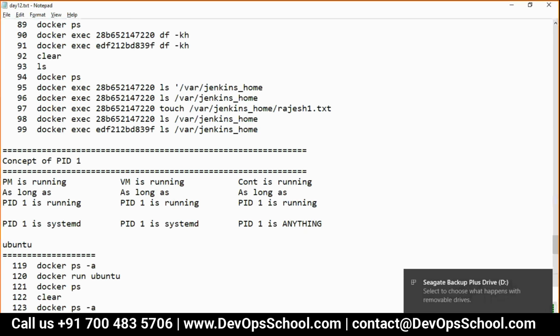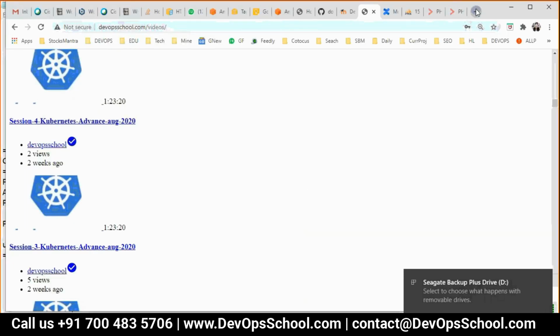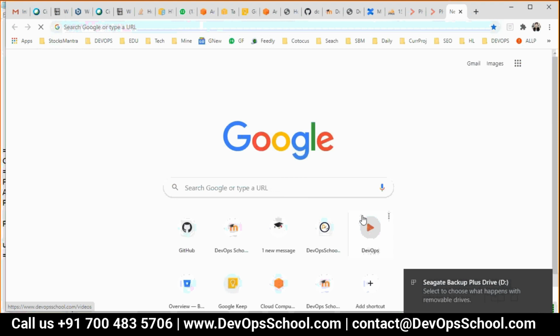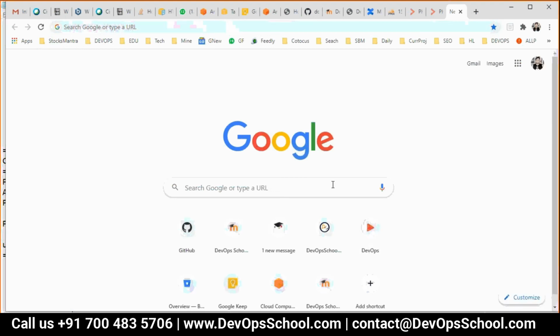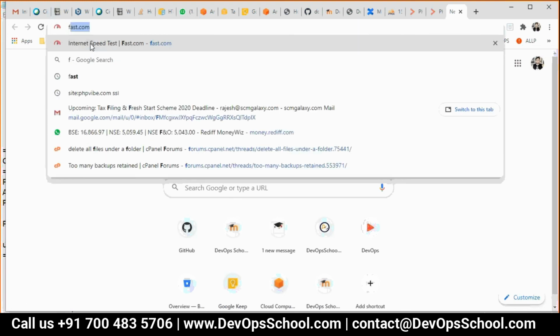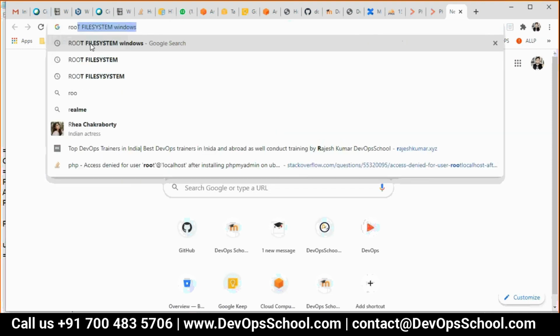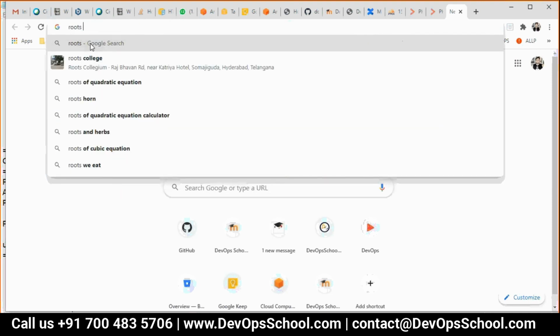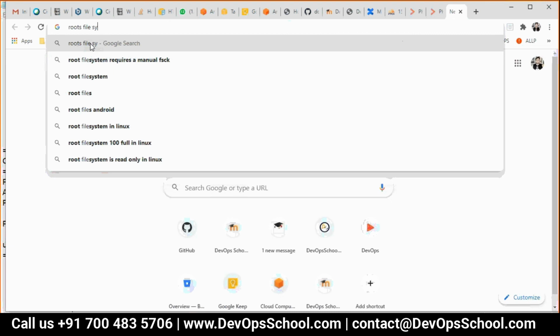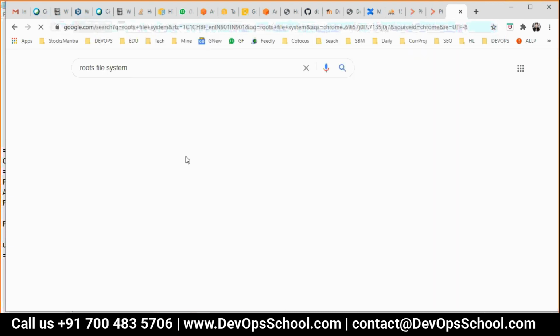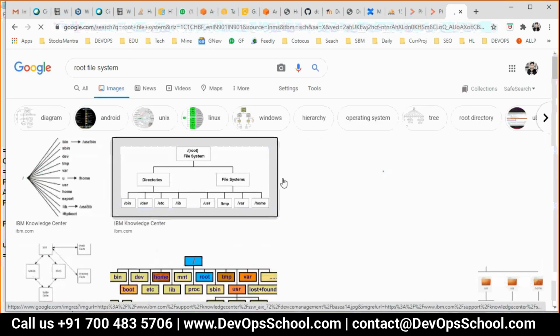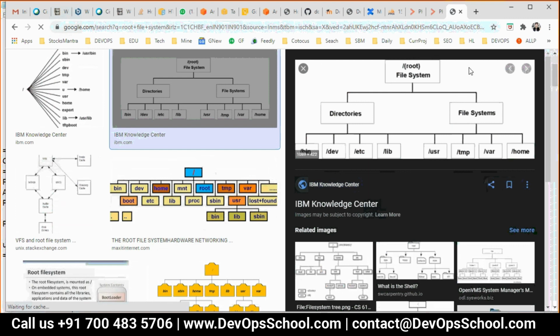See here. So root file system is basically, have you seen this kind of file system? This stuff?